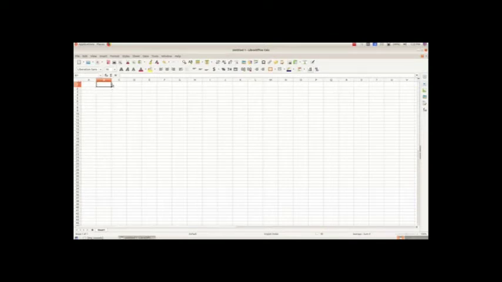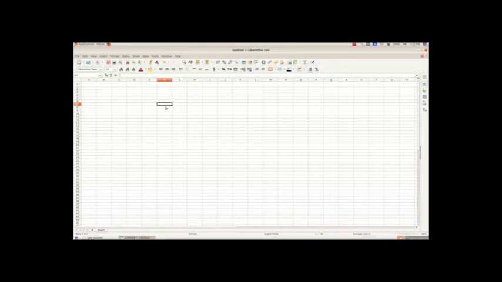And here we can see one rectangle. This rectangle is known as the cell pointer. Wherever you bring your mouse and click, that particular cell will be highlighted.